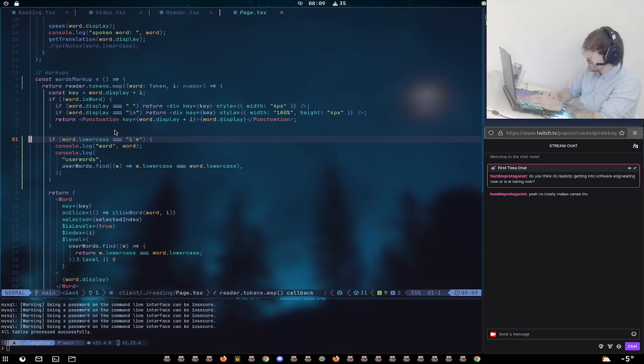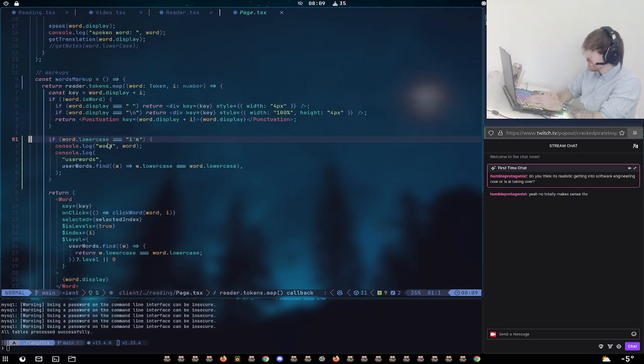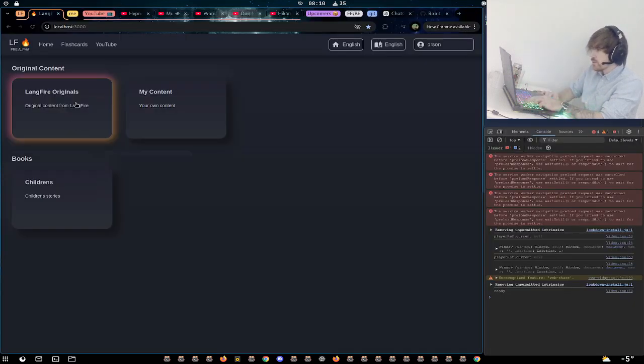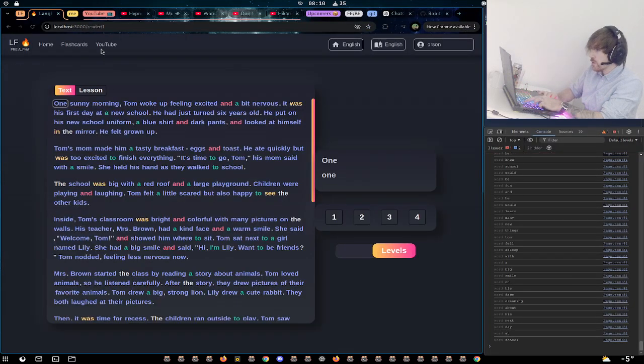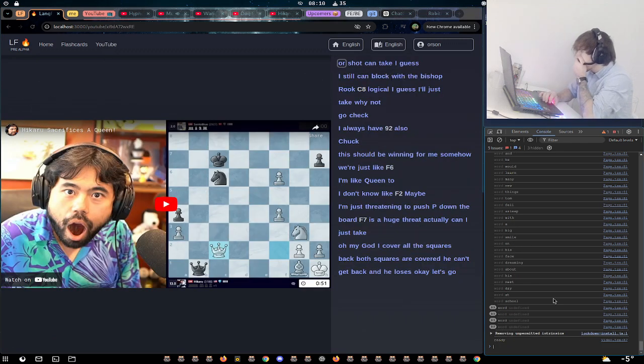Is it doing it without words markup? That'd be so strange. Let's actually console log the lowercase. Console log word dot lowercase. Let's load the words and then go here. Word undefined.